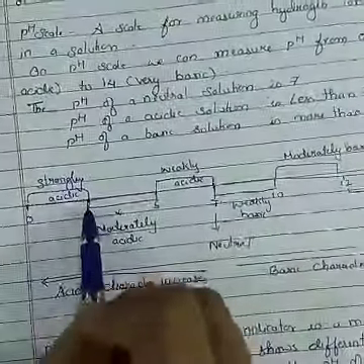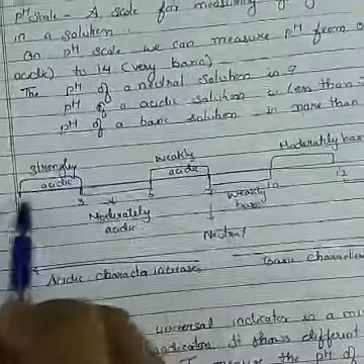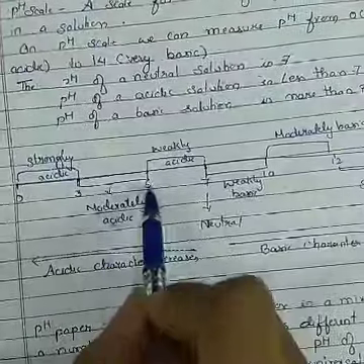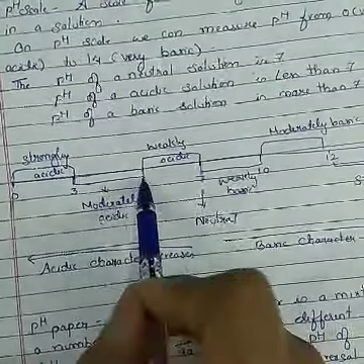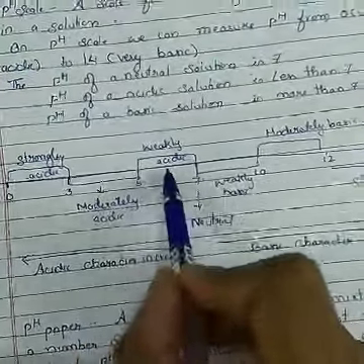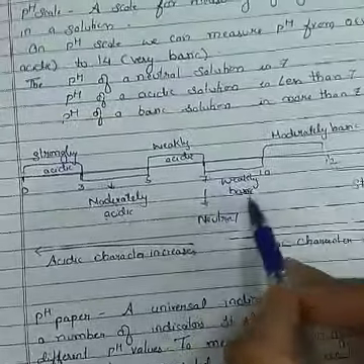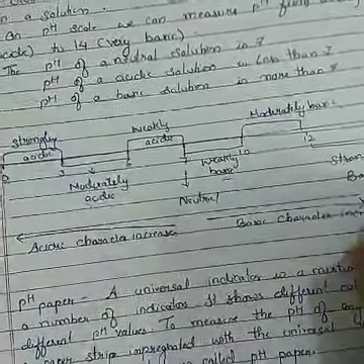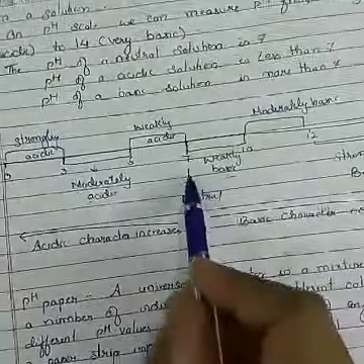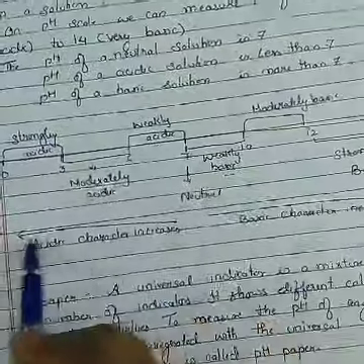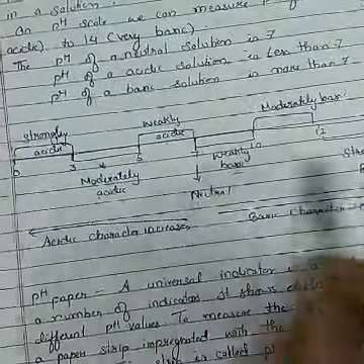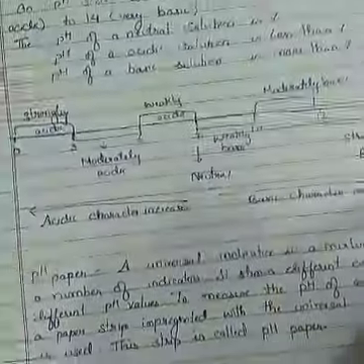The solutions which come under the range of 0 to 3 are strongly acidic, 3 to 5 acidic, 5 to 7 weakly acidic. Similarly, 7 to 10 weakly basic, 10 to 12 moderately basic, and 12 to 14 strongly basic. 7 is the neutral. The acidic character increases from 7 to 0, and from 7 to 14 the basic character increases.